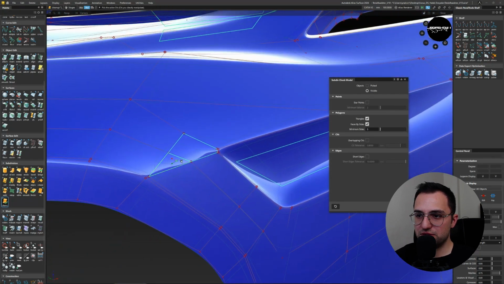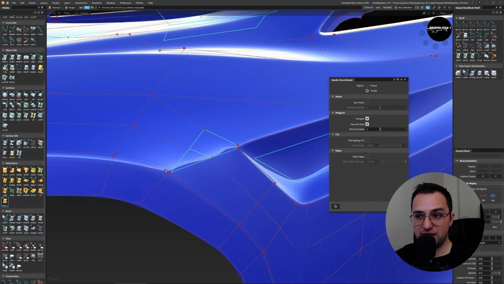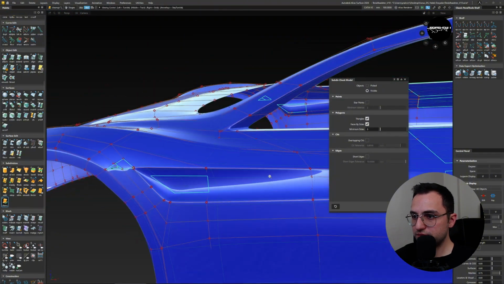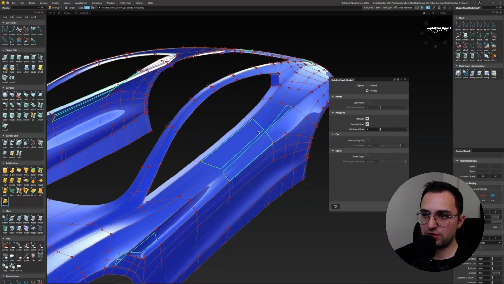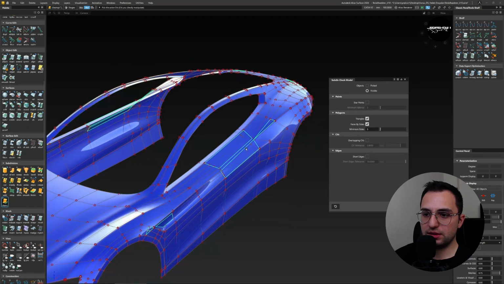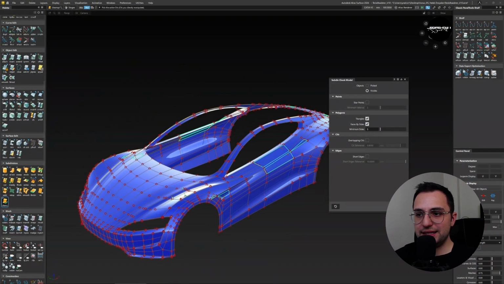it says there's a triangle over here. You might want to have a second look at it, or there is an n-gon over here as well, and it says so over here as well. It shows us where the potential errors regarding the surface treatment are happening. It shows us the overall model quality. There are open points, you should fix them, because as you might know, the cleanest topology is created out of